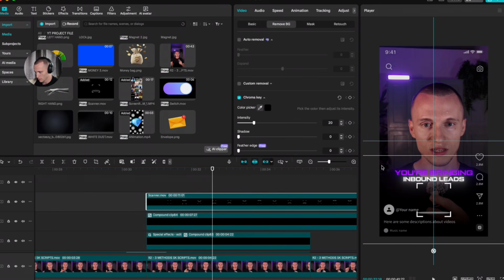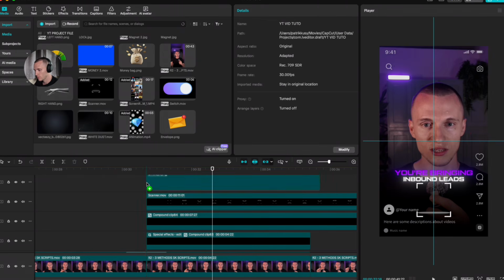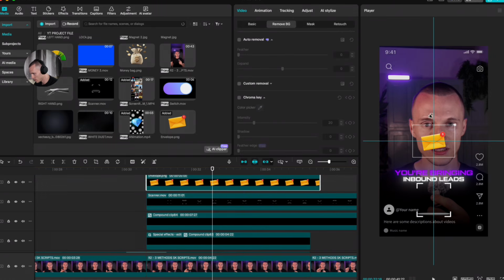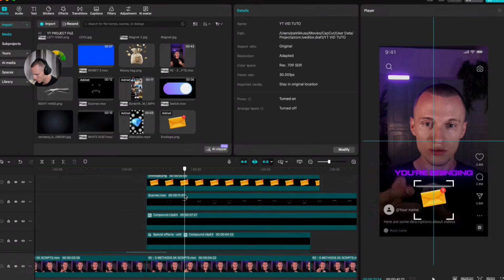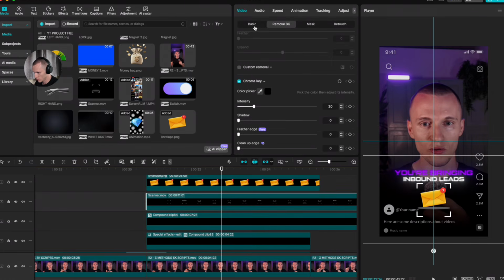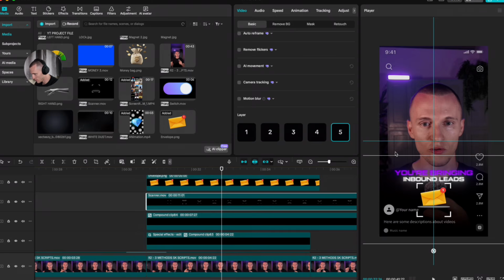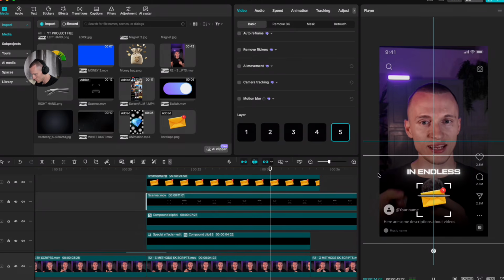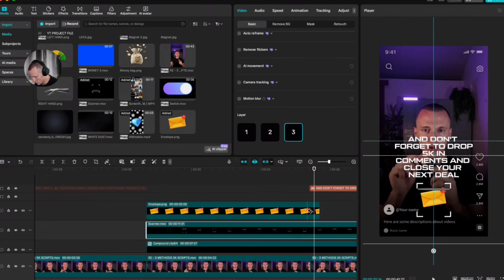Inbound leads. Okay, and now just select this envelope and put it on our timeline as well and place this envelope between these inbound leads. Scanner, boom. Let's see how it looks. Okay, just go to basics and put it on layer number 5. Without wasting hours in let's call DMs. And don't forget